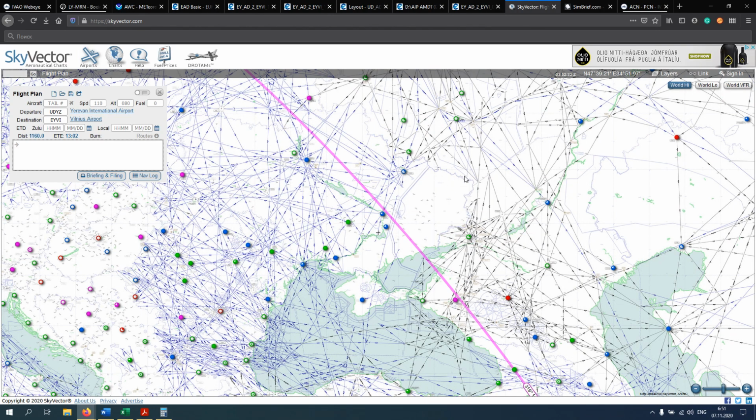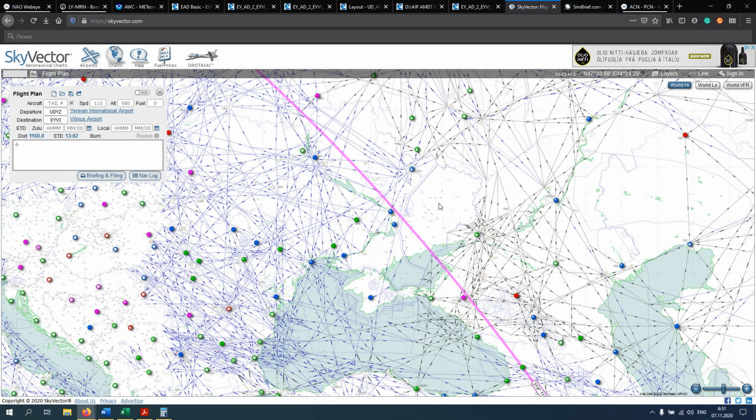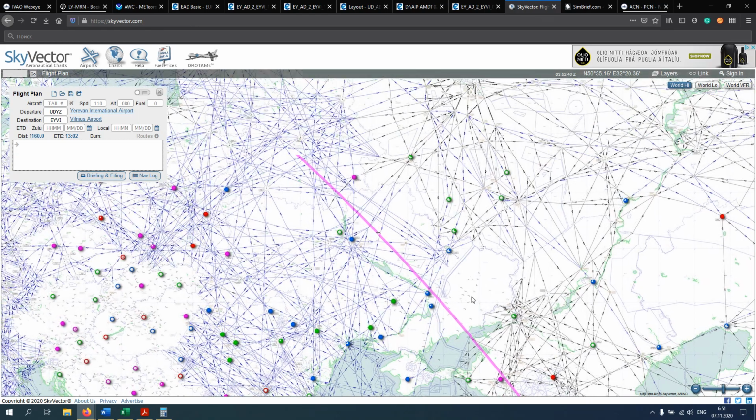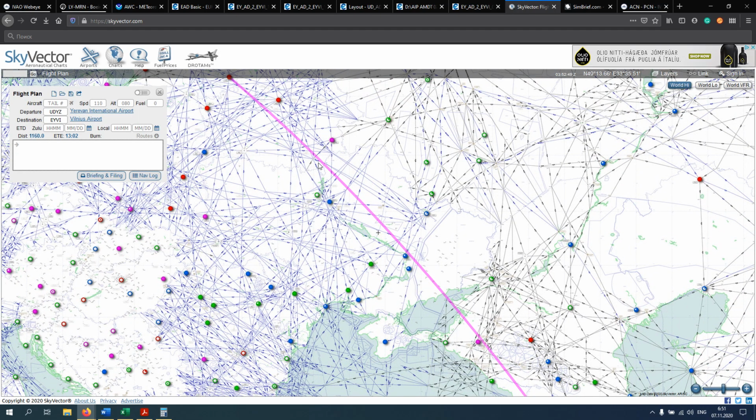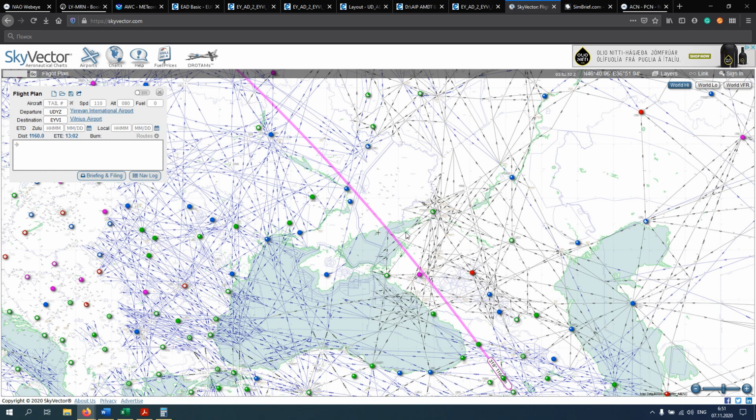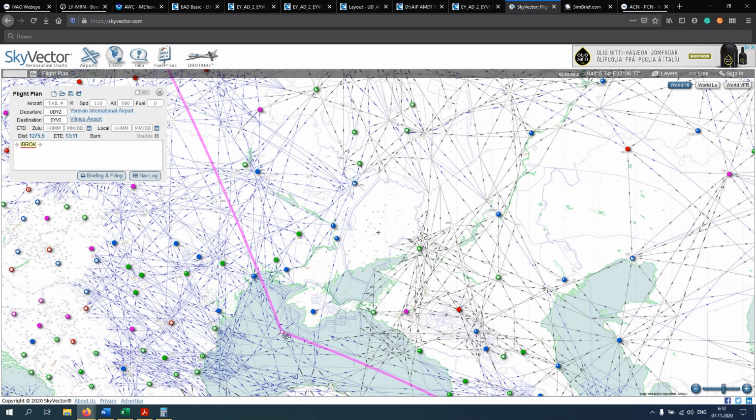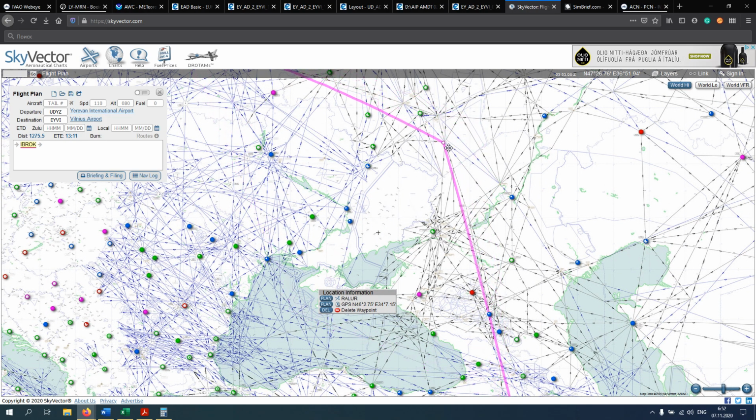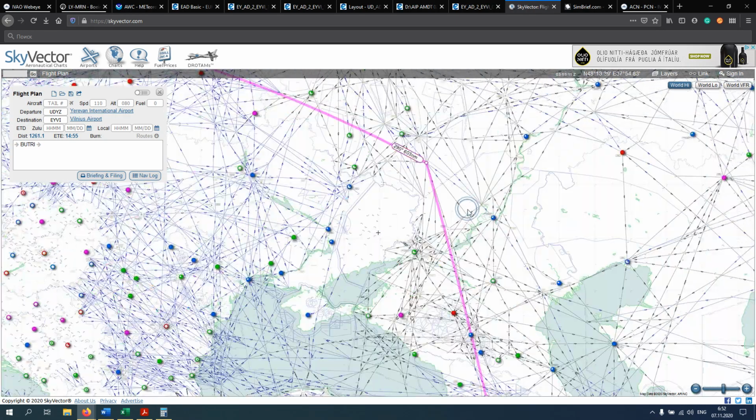And this is not the only airspace like this in the world. There are several of them, and you have to consider it when you do your routing. So basically, as you can see, our optimal route goes directly through it, but we cannot fly it like this. Means we have to fly around either on the north or on the south. So it goes something like this, or let me change it, something like this, right? Okay,